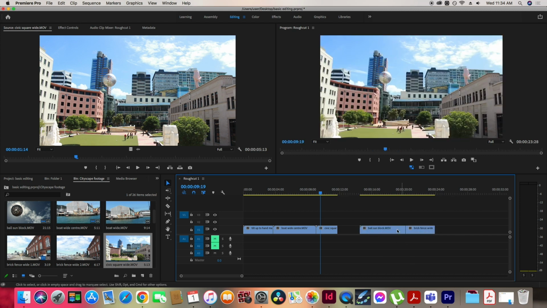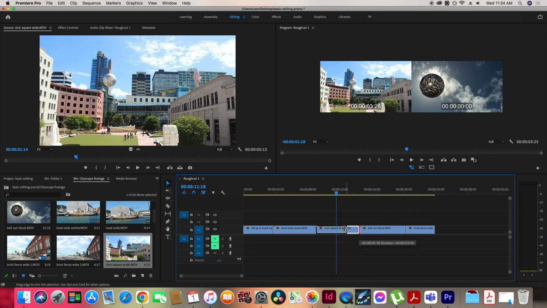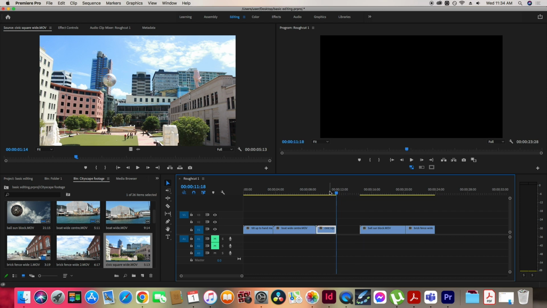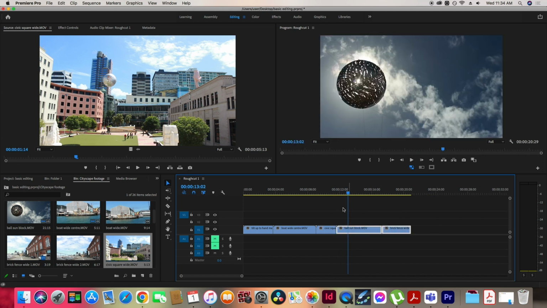Actually, just going to Control Z, go back. So let's say we want to cut the shot sort of halfway through this. This is a bit too long, so I want to cut it there. But then we're left with a blank space where nothing happens. And so we have to grab all the rest of our footage and pull it over. So that's useful, but when we've got lots of footage, or we're editing an interview,